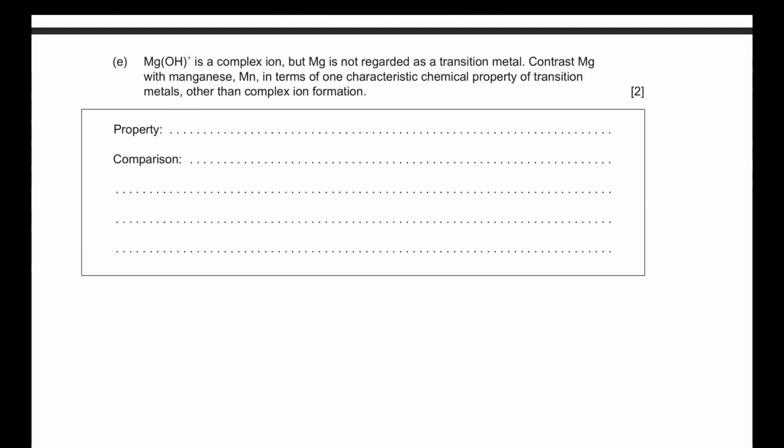Moving on to part E. MgOH+ is a complex ion, but Mg is not regarded as a transition metal. Contrast Mg with manganese, Mn, in terms of one characteristic chemical property of transition metals other than complex ion formation. One property is that manganese can exhibit a number of oxidation states, while Mg only exhibits a +2 oxidation state. So our property can be variable oxidation state,